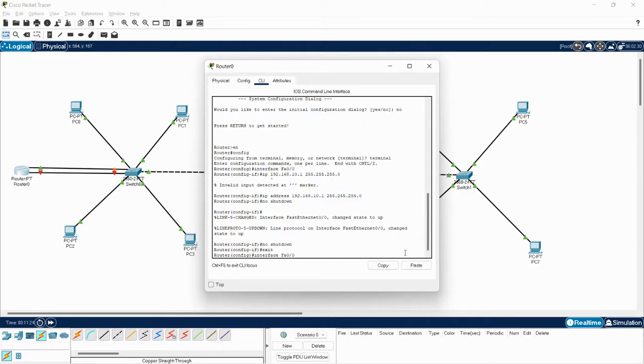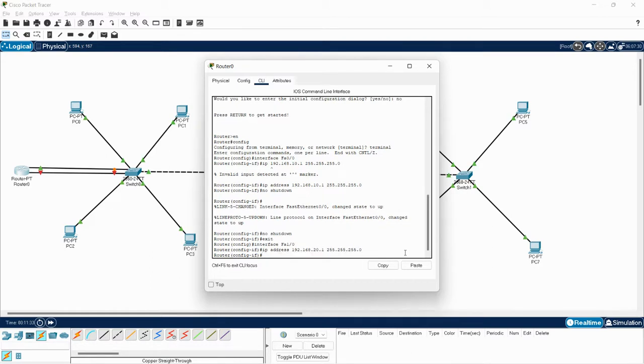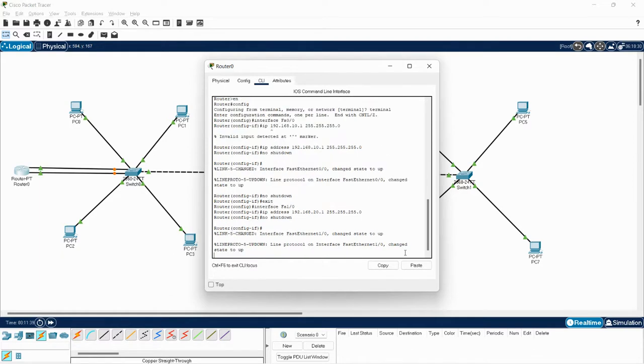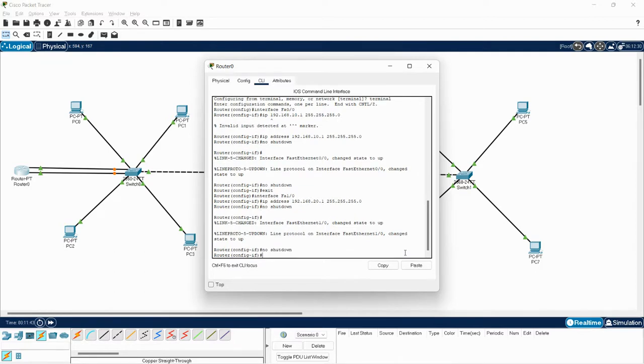Let me do the same thing for the other interface, which I'm going to connect to VLAN 20. So I have successfully connected the router to the switch.